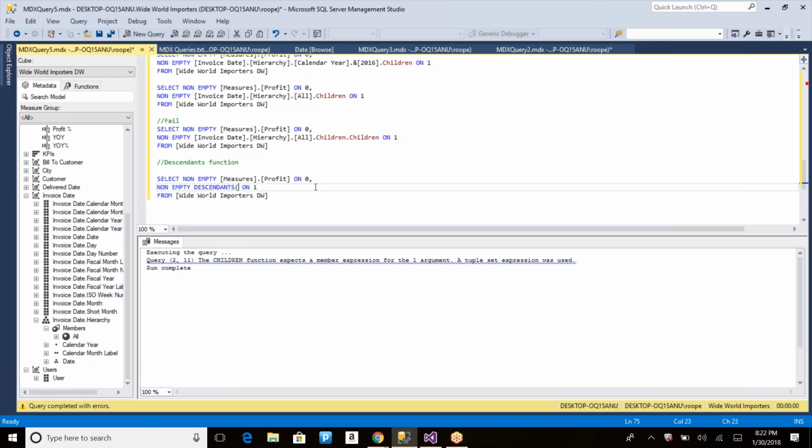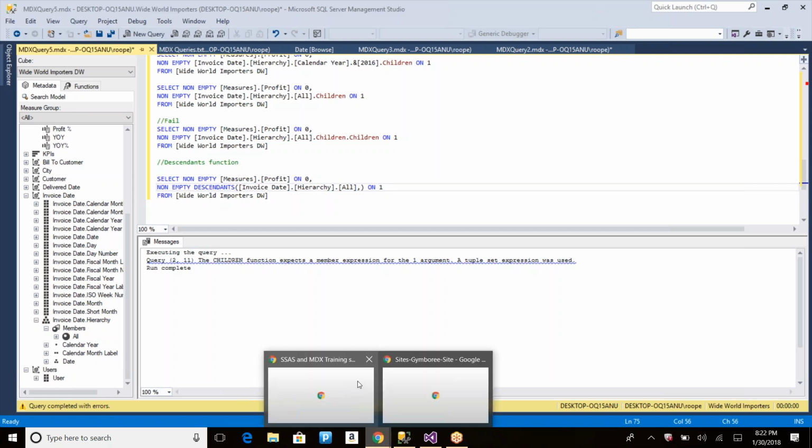Descendants of, there is IntelliSense not working. Okay, so what you need to do is the first member should be a member. What member's descendants are you looking for? So let's say I'm looking for all, and what level you are looking for. If you go for the descendants function,